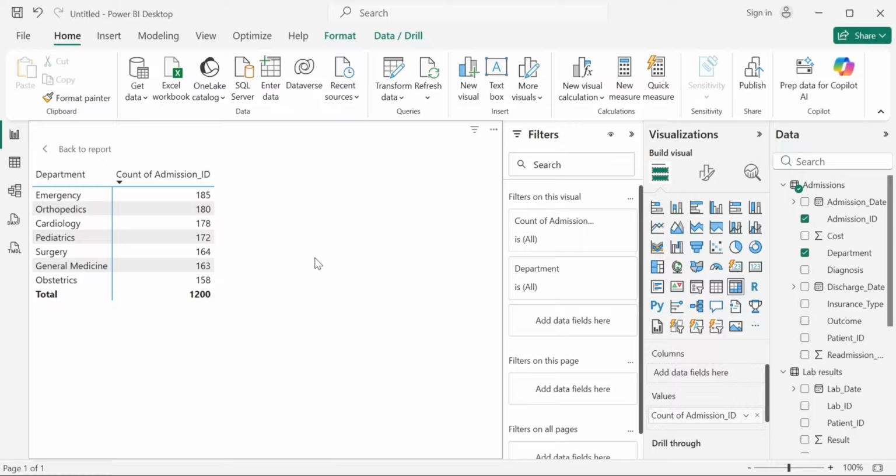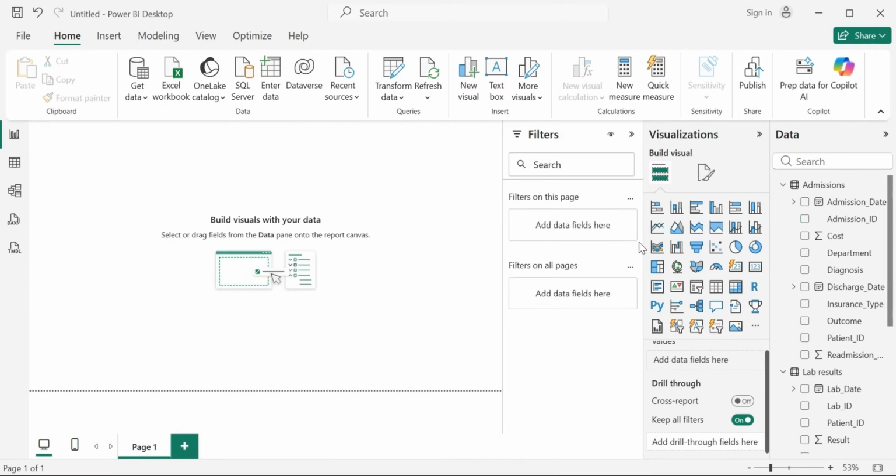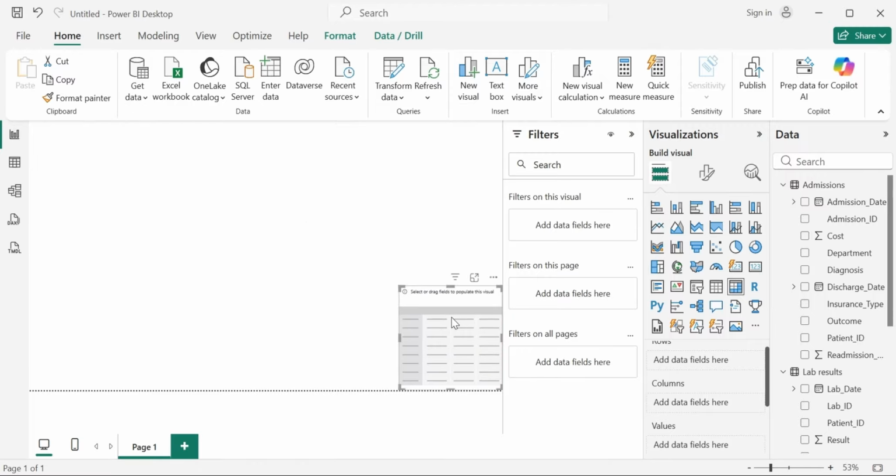Allow me also to check on the diagnosis by frequency. So allow me to click on these 3 dots, then we hit on remove. Let's also hit on the matrix there. I can pull it to this point here. So diagnosis by frequency, that's the analysis. We would want to identify the number of patients treated for anemia, fractures, gastritis, pneumonia, UTIs, the number of patients